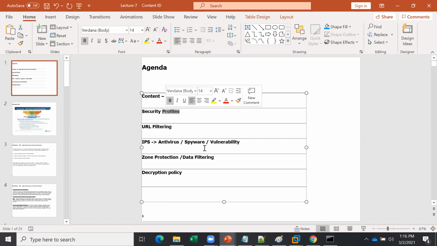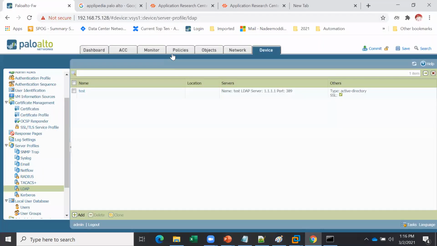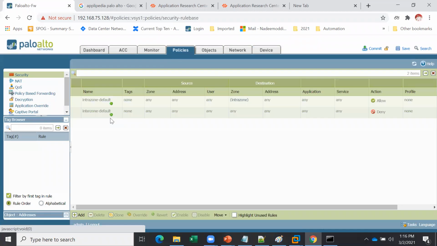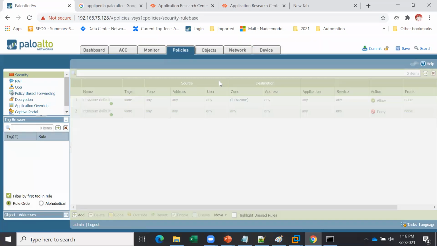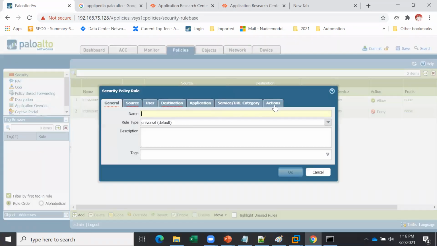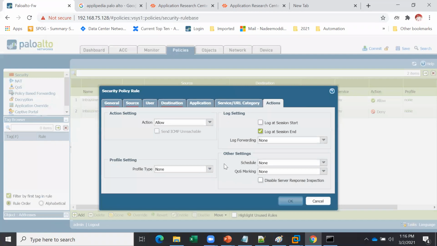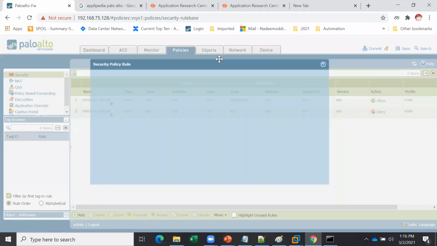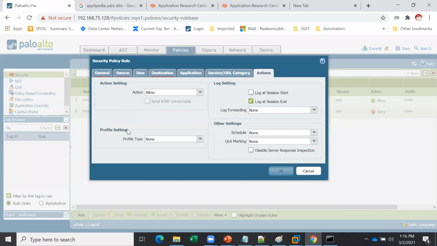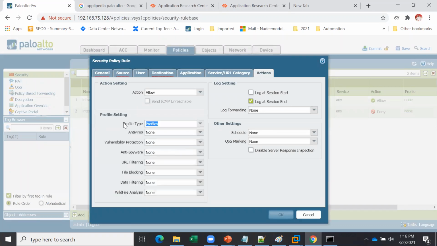If I go to my firewall and create a rule, in the action you will see a profile setting. If you go to profiles, you will see these next generation features. These are called content IDs.